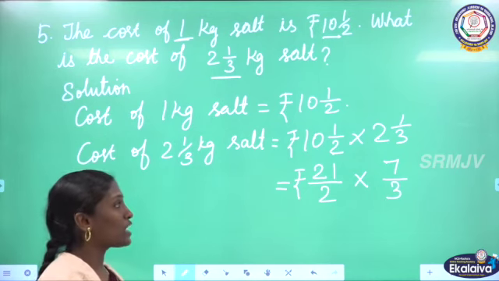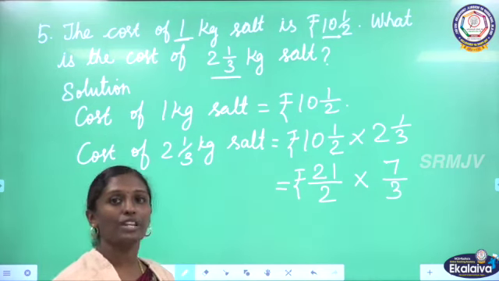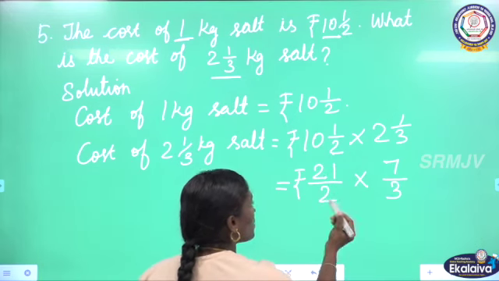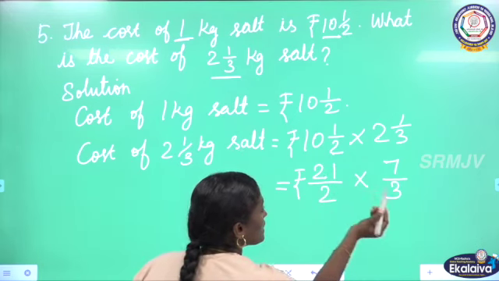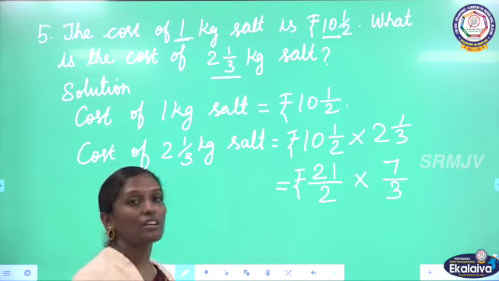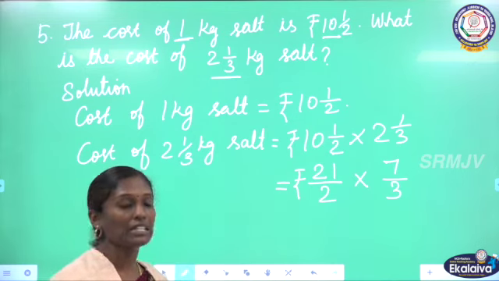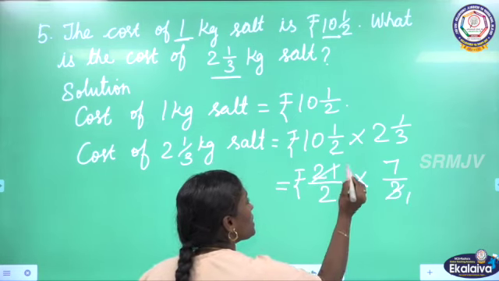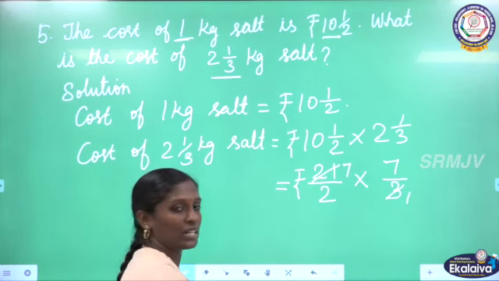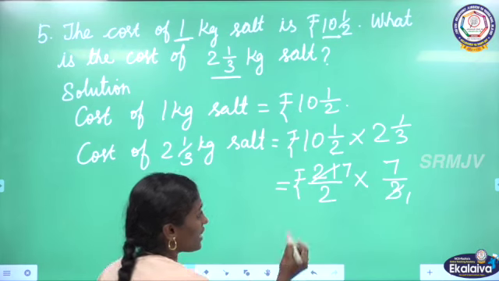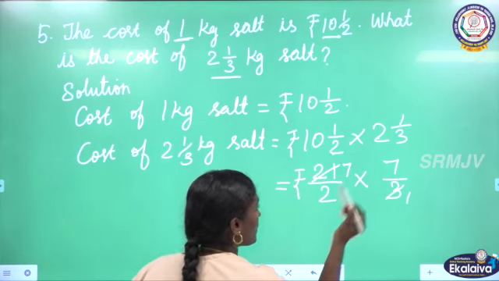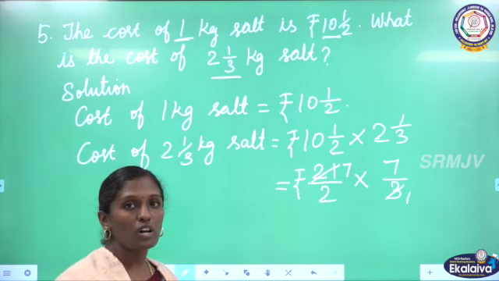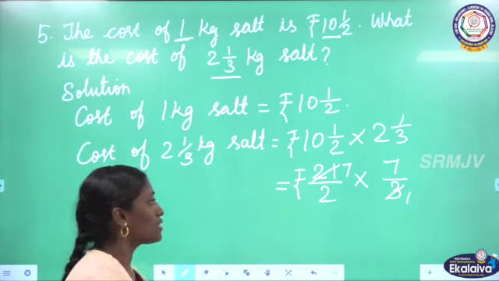Now we have to check whether there is any possibility to reduce the fractions or not. See the numbers 21, 7, 2, 3. See the numbers 21 and 3. We can reduce these two numbers in 3 table. In 3 table, 1 times 3. In 3 table, 7 times 21. Isn't it? Check again. Here in numerator now we are having 7 and 7. In denominator 2. 7 and 2 are prime numbers, so we can't reduce it again.